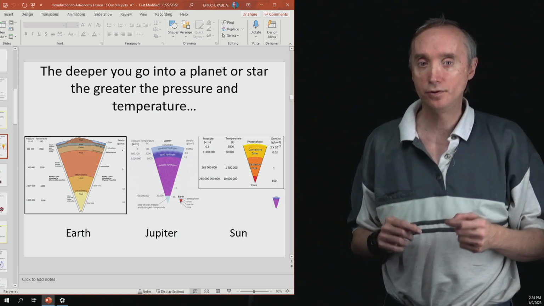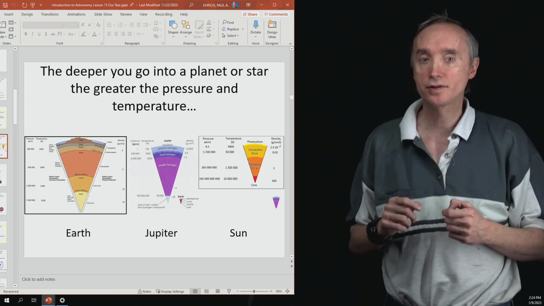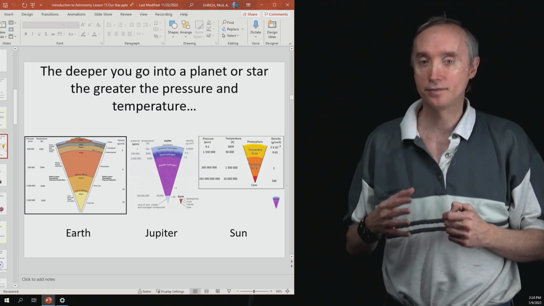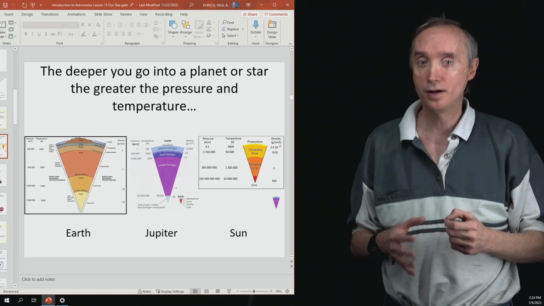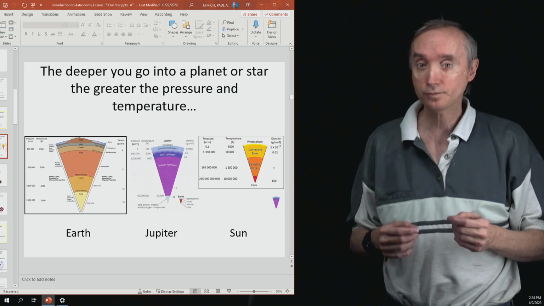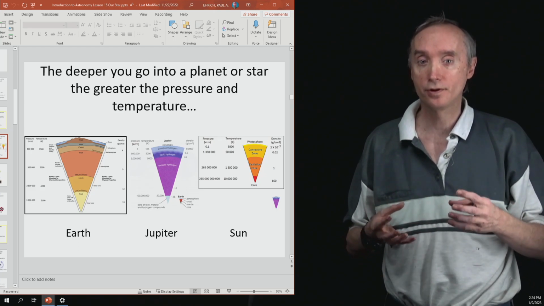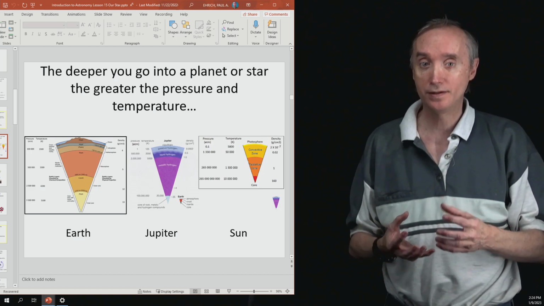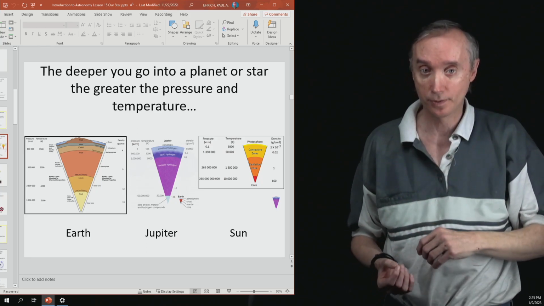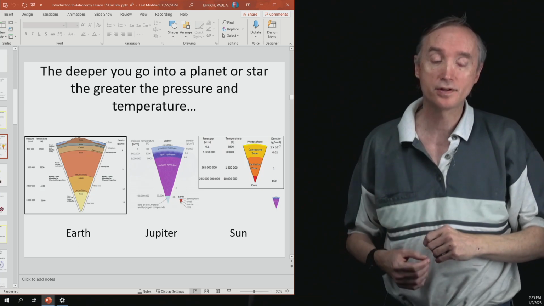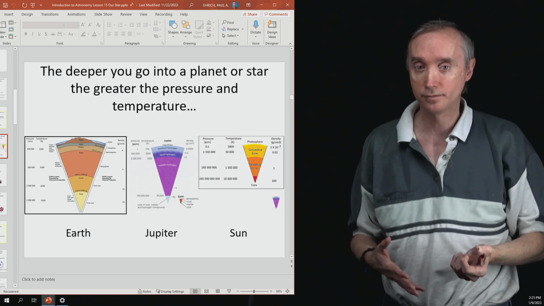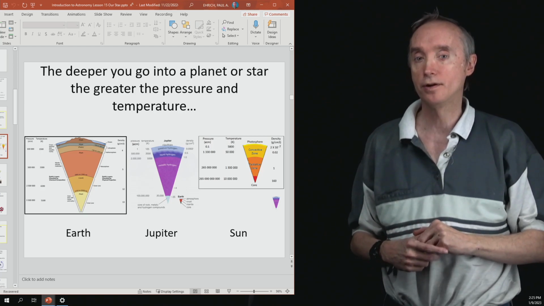So the deeper that you go inside the sun, you'll notice that the pressure is going up, and so is the temperature. And notice that the pressures and the temperatures inside the sun are much higher than the pressures and the temperatures that are inside of Jupiter, because Jupiter is smaller than the sun. So that means it's got less stuff on top of it pushing down, so its pressures are going to be less. And also the temperature is higher inside of the sun because of the nuclear explosions that are going on inside there. And you don't have nuclear explosions going on inside of Jupiter.